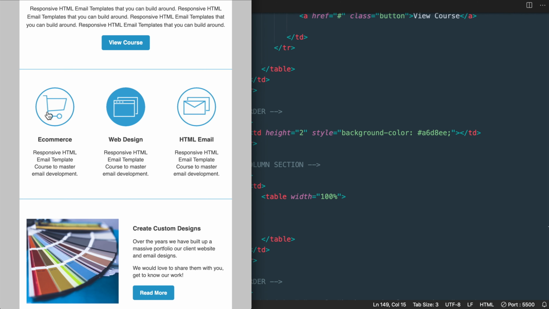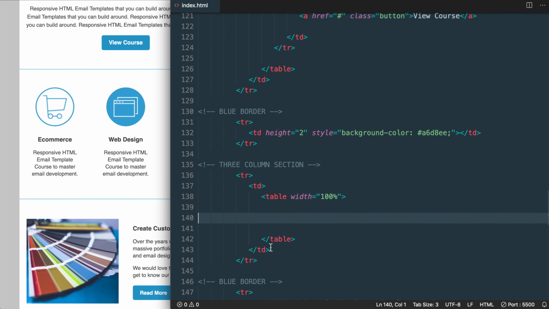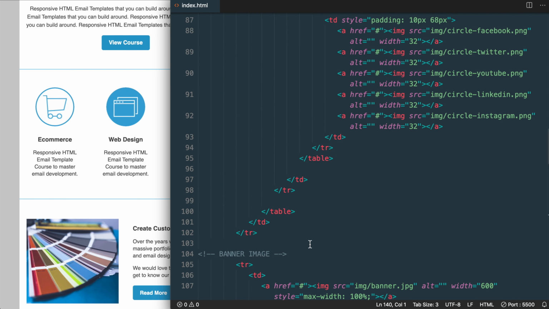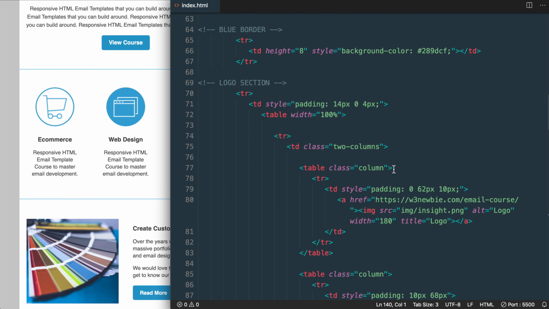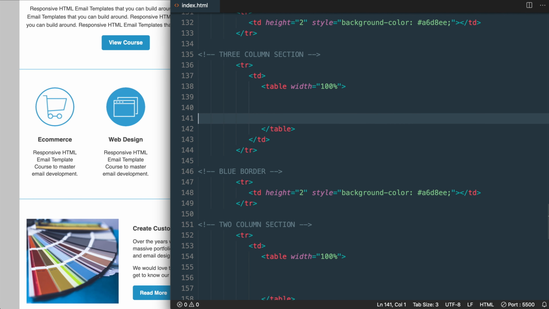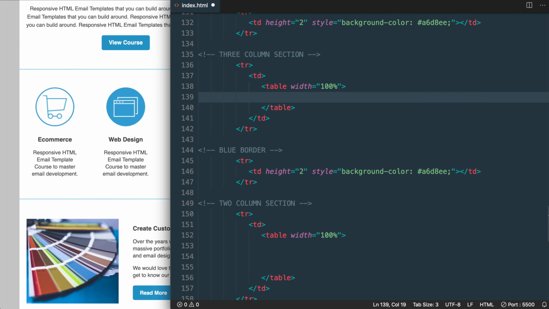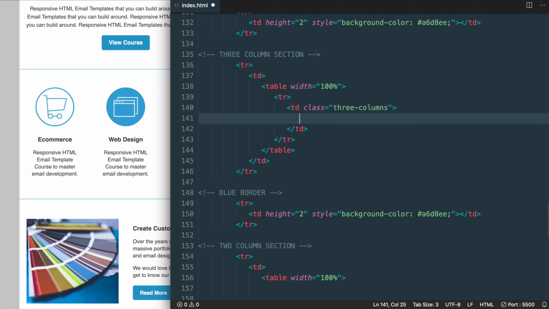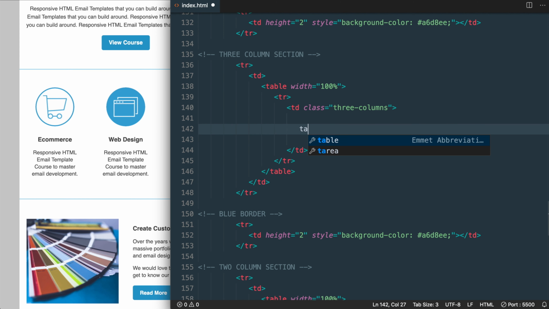For now, let's move on to the 3-column section that appears in between our blue borders. And the 3-column section will start off similar to what we did with the 2-column section, where we have the 2-columns class, the columns class, and then in this 3-column section, though, we're going to add a padding class instead of adding the padding in line with styling, and we'll have an additional class inside of that, which we'll get to. First, let's start off with our table row and table data tag that will give a class called 3-columns instead of 2 columns. And then I'll add some spacing here, and we'll have our table inside of it with the column class,